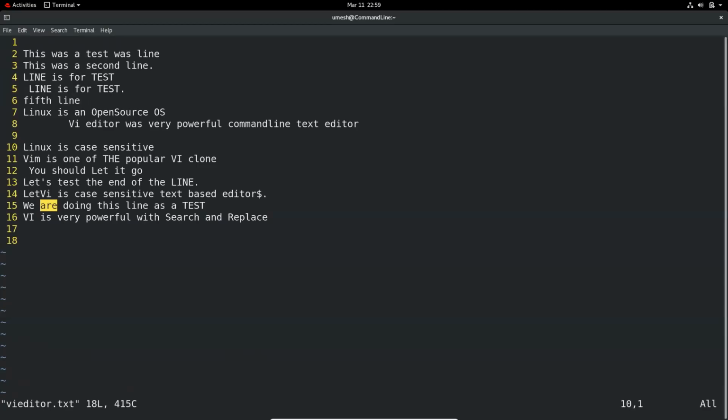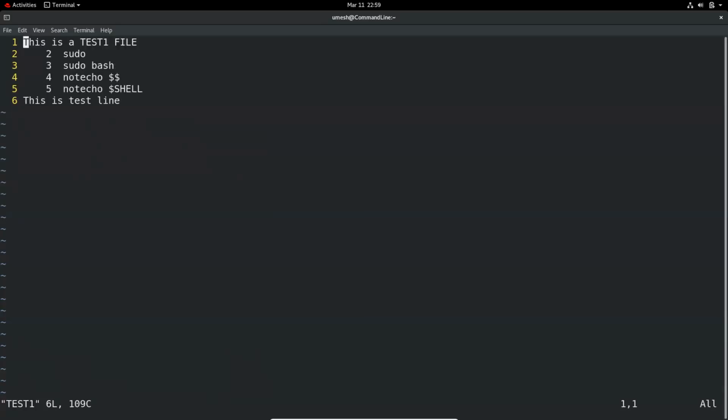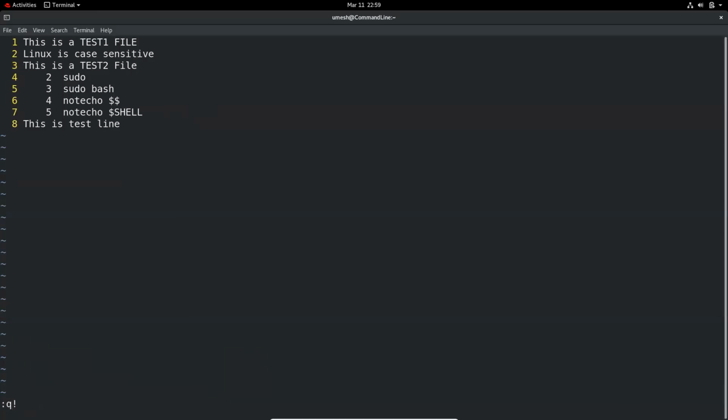You can also copy from this file, go to buffer 1 and just press P, and you paste it on that file. Well, you can also use colon R and test2. What it does is write the content of test2 into this file where the cursor was. See, this is the test2 file. It wrote the content of that file where the cursor is. And you can do colon Q without saving it.